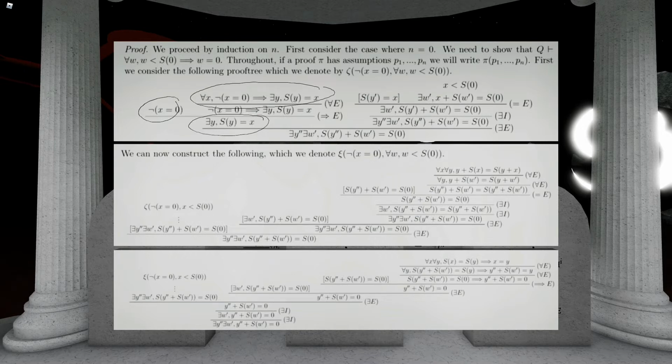Okay, and then what I want to get down to is the conclusion of this proof, which says that the successor of Y double prime plus the successor of W prime is equal to the successor of 0. And the goal will then be to remove one of the successors on the left-hand side of this equality and the successor on the other side of the equality, and I'll end up with Y double prime plus the successor of something is equal to 0. And then I'm going to use the axiom that says 0 is not the successor of any element